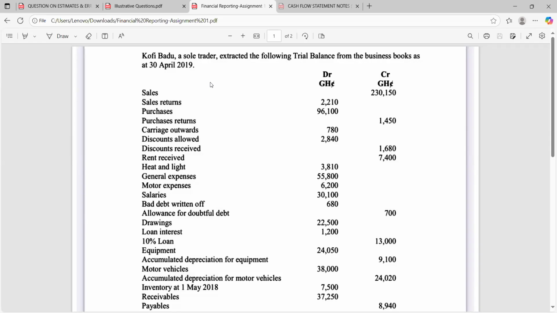Kofi Bedu, a sole trader, extracted the following trial balance of the business books as at 30th April 2019. Sales 230,150. Sales return, debit 210. Purchases 96,100. Purchases return, credit 1,000. Carriage outwards, debit 80. Discount allowed